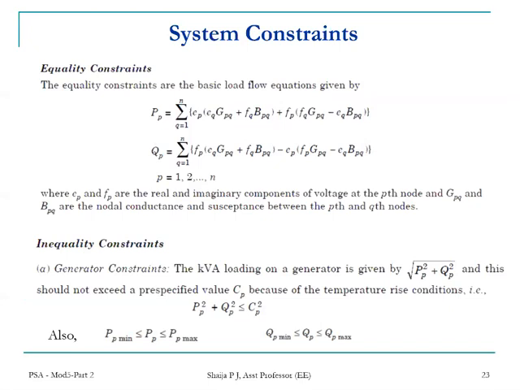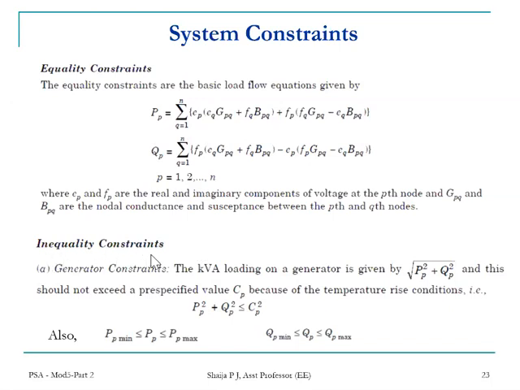And now we go into detail on every constraint. First one, equality constraints. I think in equality constraints, there is nothing more to discuss, because those are simply the load flow equations. The active power and reactive power load flow equations are stated here. We have discussed this in module 3, no? Those are the equality constraints. Power generation and power demand should always meet, for active power as well as reactive power. That is the equality constraint.